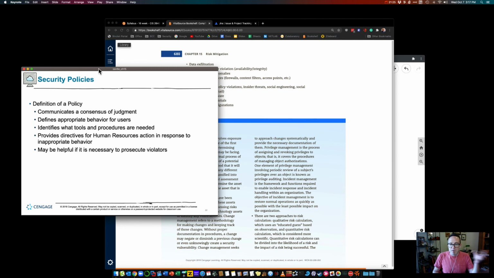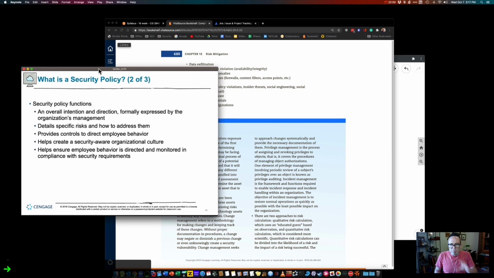enforceable. You can't create a policy saying you don't download porn on the company server, company assets, desktop, laptops, whatever. And someone does it, and you go, "Oh, I don't do that." Well, this is where HR will come in. You need to have a way to actually enforce this. And maybe it's not that. Maybe it's the fact you shouldn't have post-it notes with passwords on them. And you do a physical walk around every so often, you find one. You've got to have a way to enforce that. And especially if it's a place that's high security, those things could be of issue. So